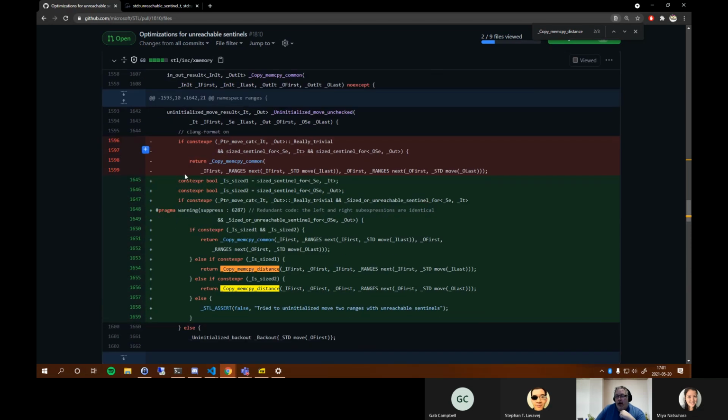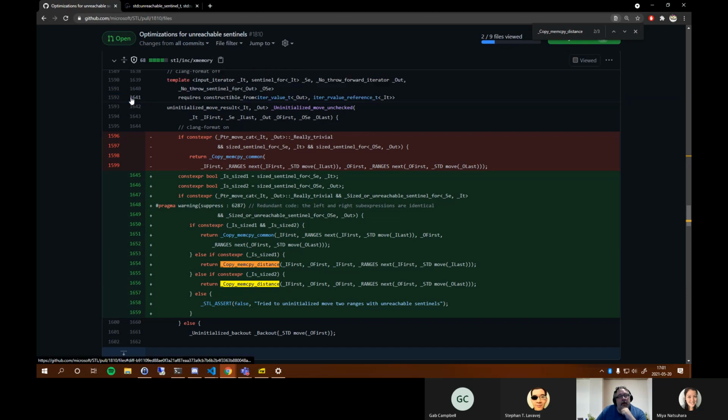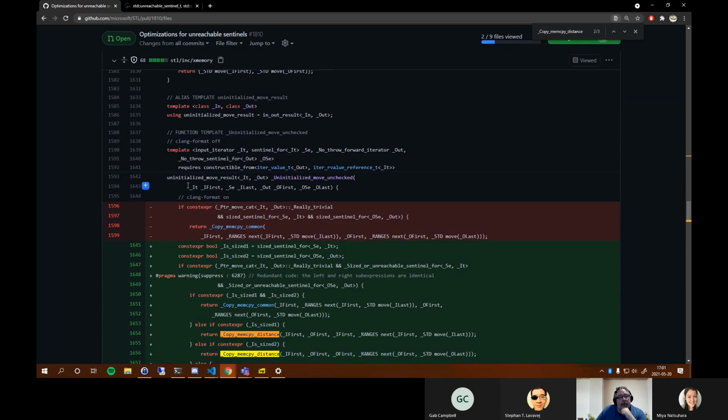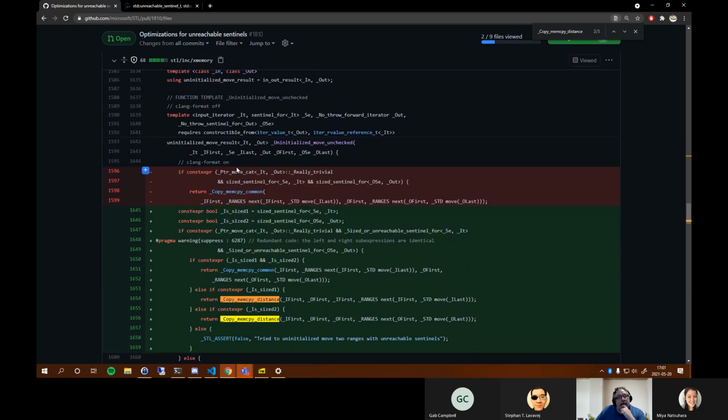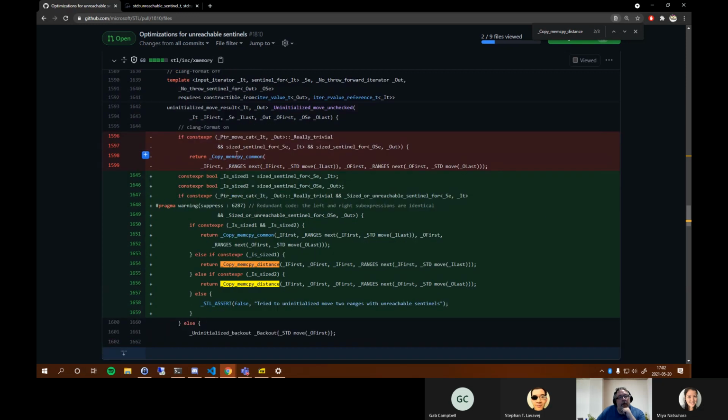All right, moving on. Uninitialized move unchecked. This is an internal only function that takes iterator sentinel pairs that have already been unwrapped and moves objects from an input range into raw storage in an output range where objects are being created, move constructed, to be precise. Looks like, again, we're generalizing a pre-existing optimization that was valid for